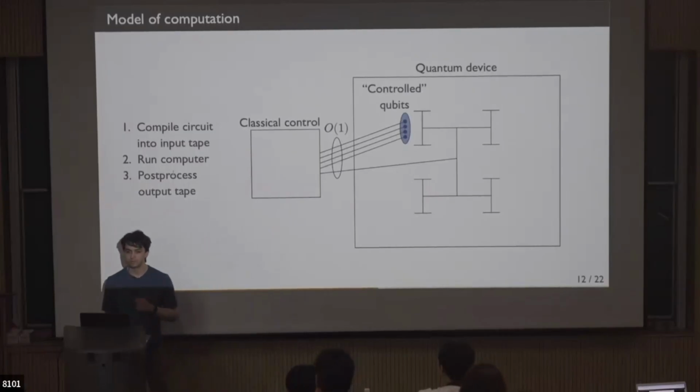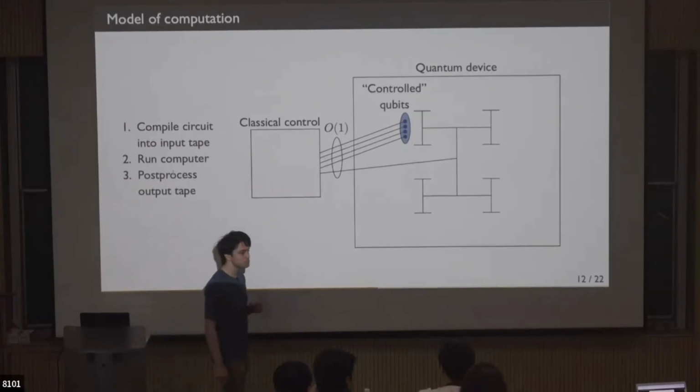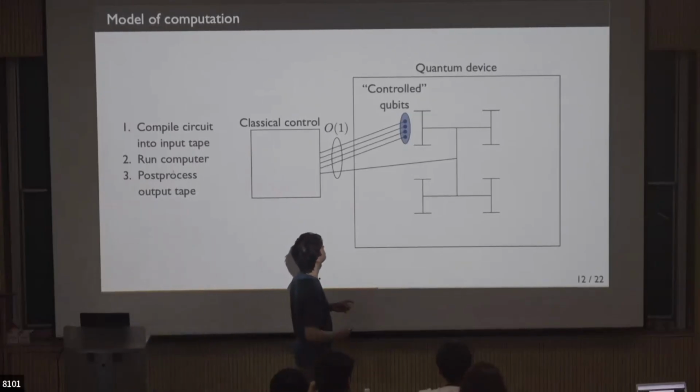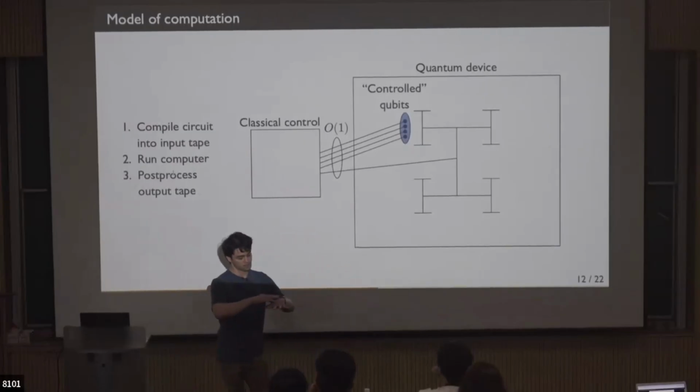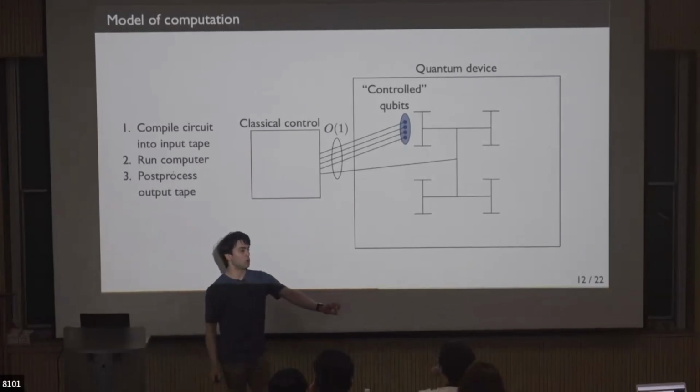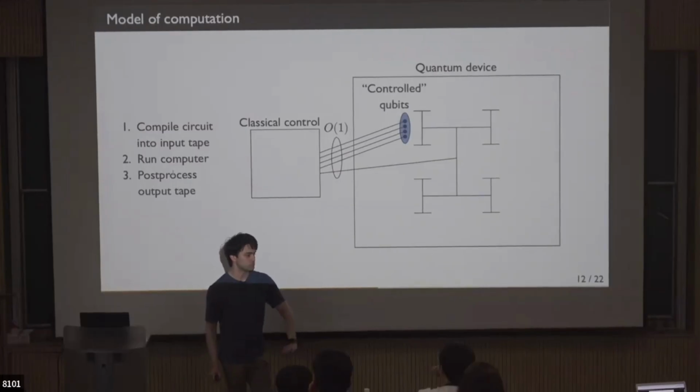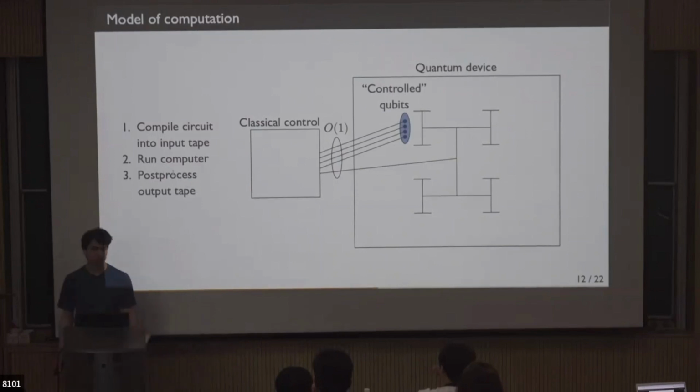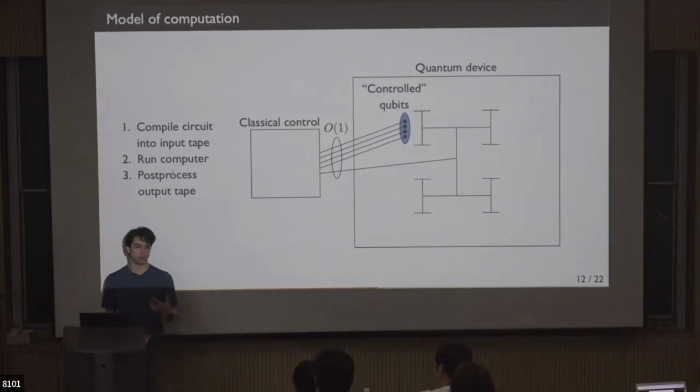So that's going to be our model. What do you mean by quantum computing? This device. So it's going to be this kind of depth-3 circuit where I get to control this small number of qubits. I get to decide what they do based on this input tape. Yeah, good. Okay, and so much like in a classical computer,